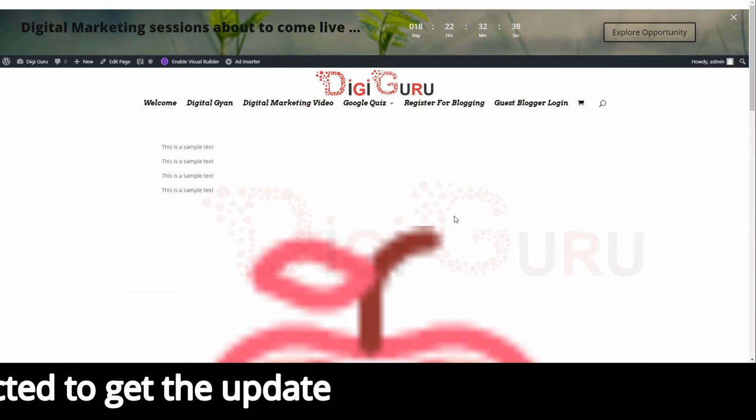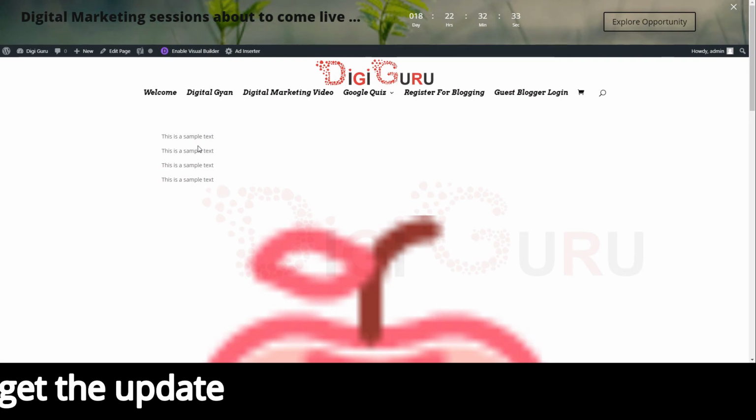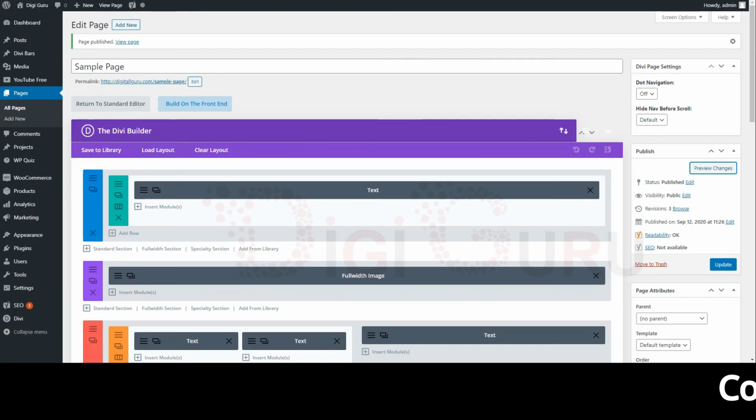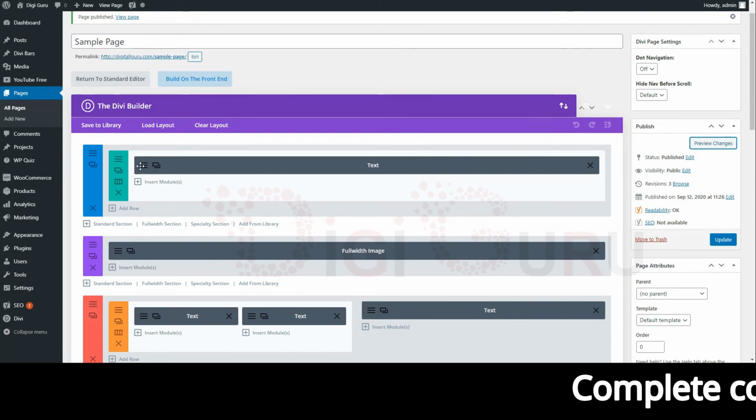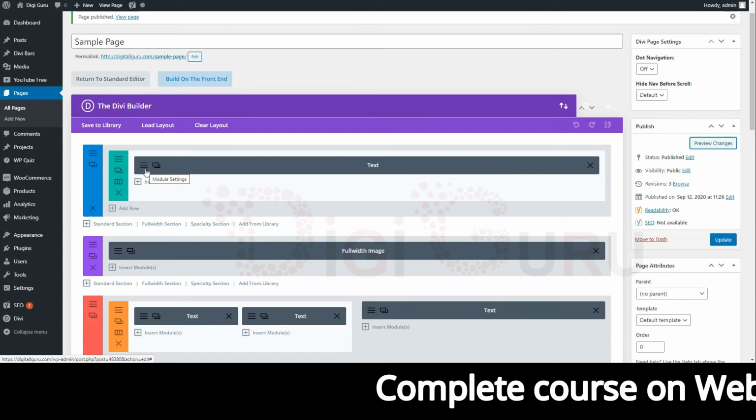Now suppose in the first text, as I can see, the text is appearing on the left hand side corner. I want it to appear in the middle or on the right, so we need to change the alignment of it. In order to change the alignment, we need to go back. So let's go to the previous tab. Now when I've gone to the previous tab, this is the first section. So out here, in order to change the text alignment, we need to edit from this gray bar. So out here we'll again just click these three lines,